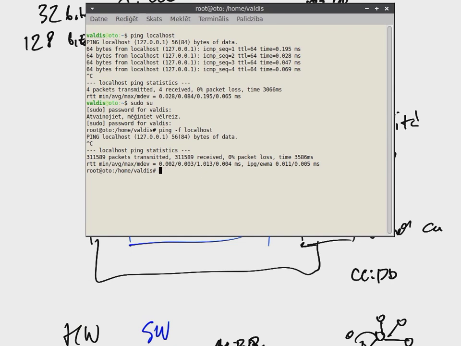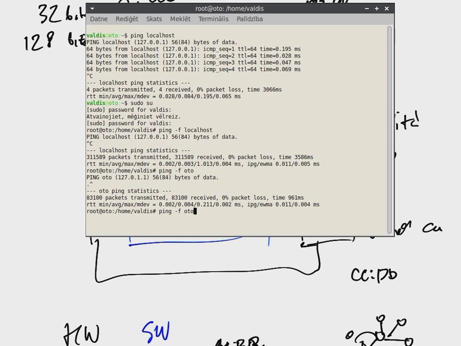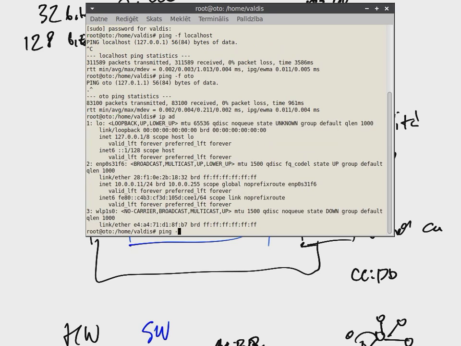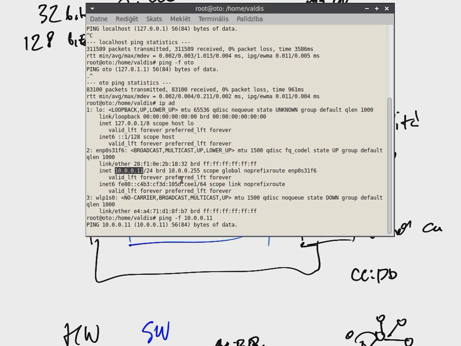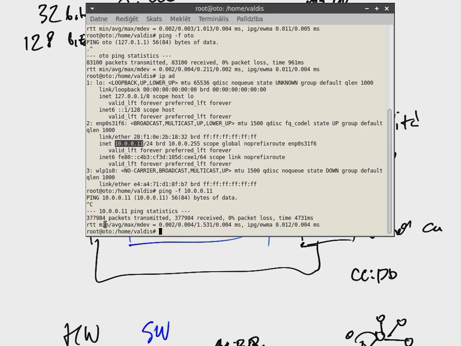Now if I invoke an actual physical device here and ping as fast as possible, actually it's approximately the same speed.